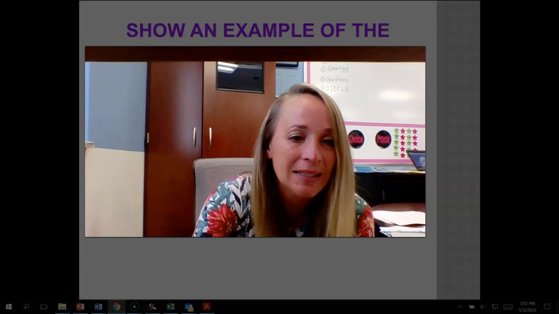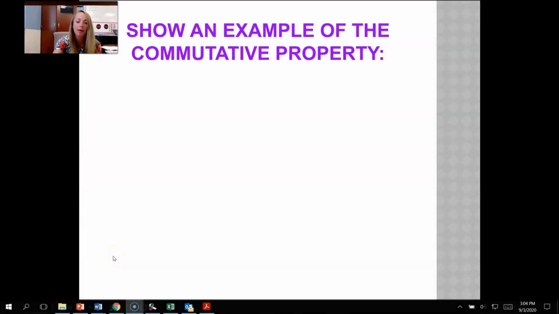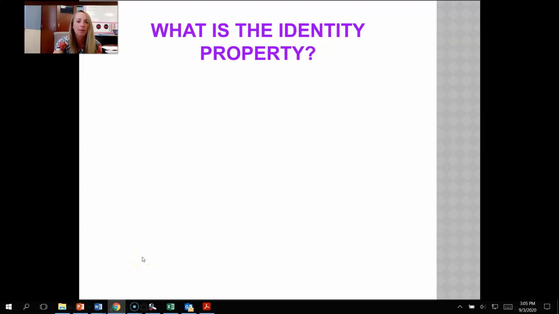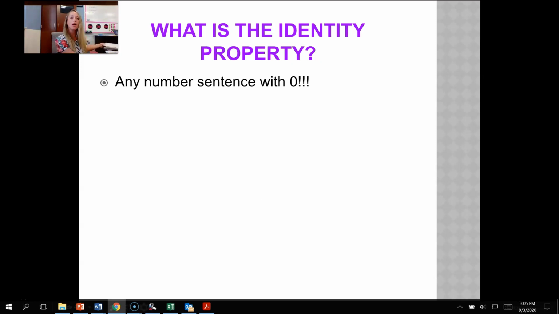All right, kiddos, let's learn about the identity property. What exactly is the identity property? The identity property is any number with a 0 in it. So what would that look like? An example of this would be 4 plus 0 equals 4. The reason it's in the identity property is because of the 0 that's in it. So any number sentence that has a 0 in it